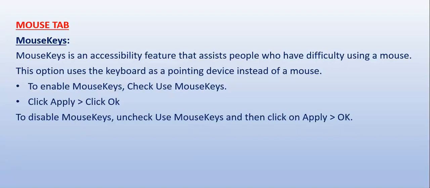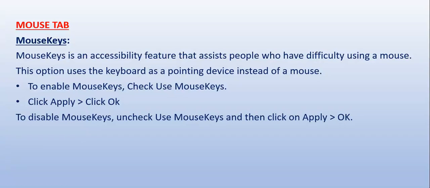Select the mouse tab, then a window to configure accessibility options for mouse will be displayed. Then to enable mouse keys, check use mouse keys, then click apply and then click on OK. After enabling mouse keys, use number pad keys for moving mouse pointer instead of using mouse. After using it, we can disable mouse keys by unchecking use mouse keys option and then click on apply and